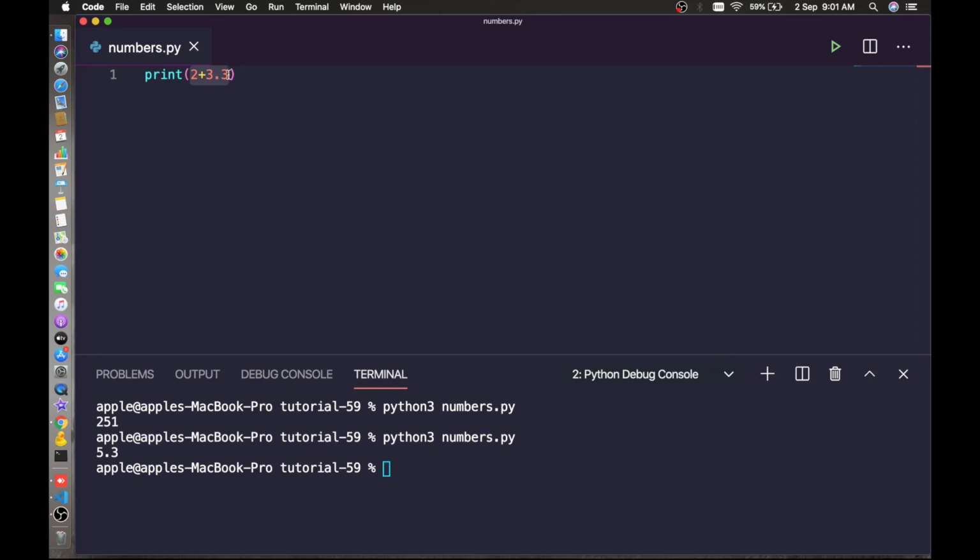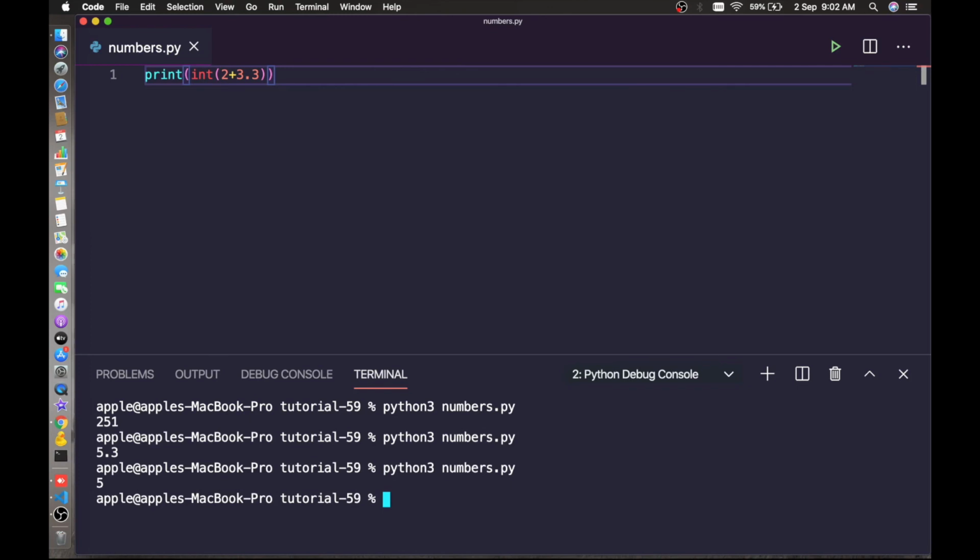Type conversion will be of two types. One is implicit, another is explicit. In explicit conversion, we can use built-in functions like int, float and complex to convert between types explicitly. Let me give you another example here. We can add int to this addition. The result will be an integer, that means only 5.